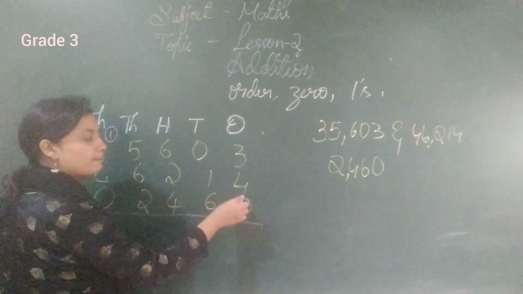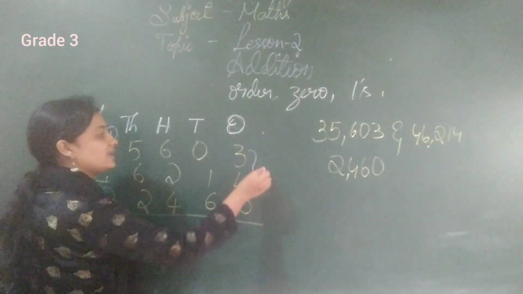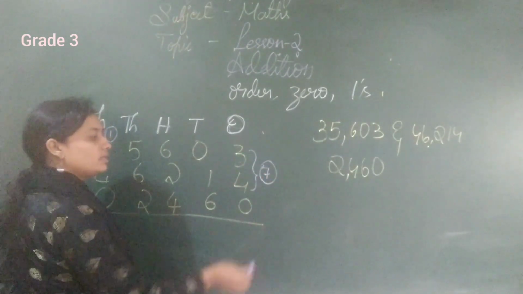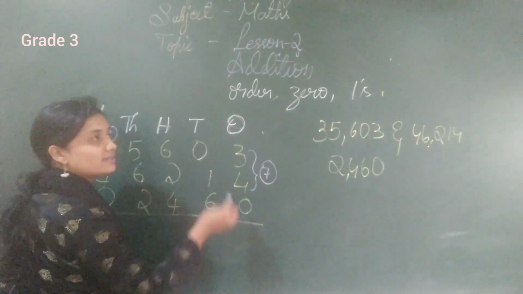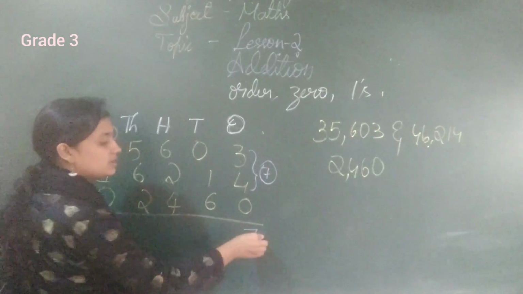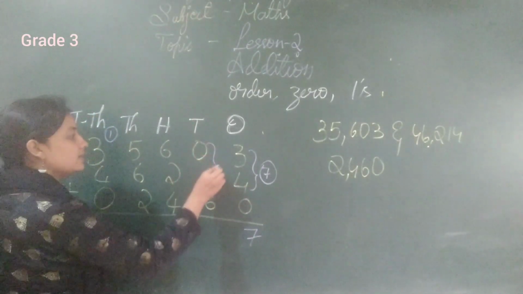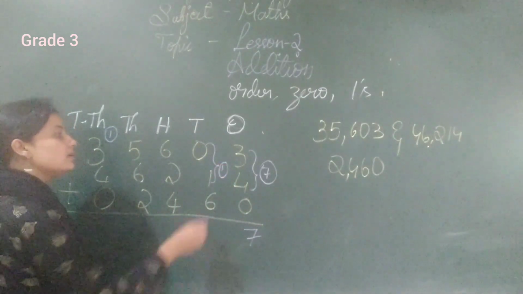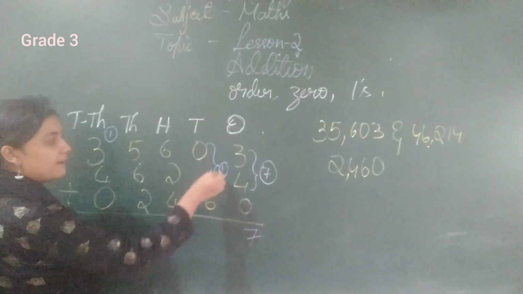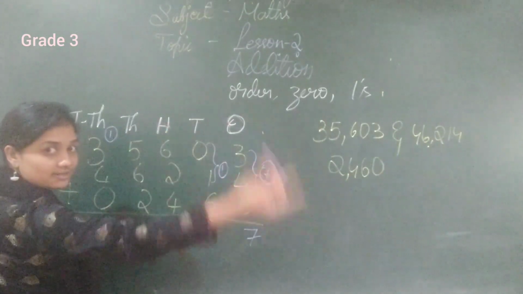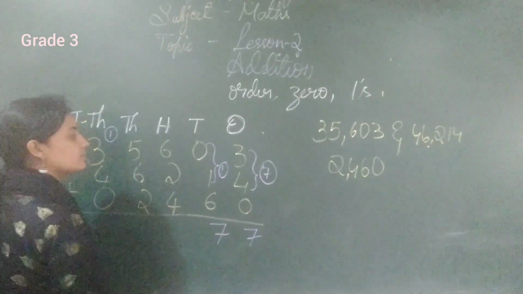So 3 plus 4, 7. What is the answer we get? 7. Now I should add the second number here. 7 plus 0 is zero property. Answer is 1. Now 1 plus 6. One property, children. 6 plus 1 is the successor of the number. So 6 plus 1 is 7.